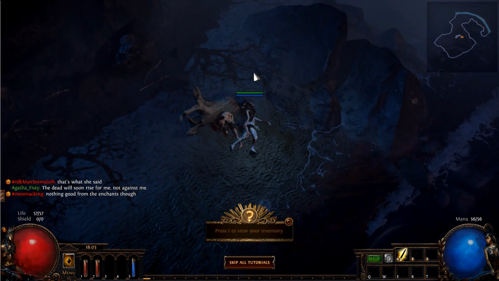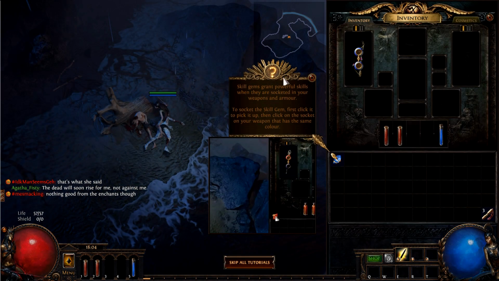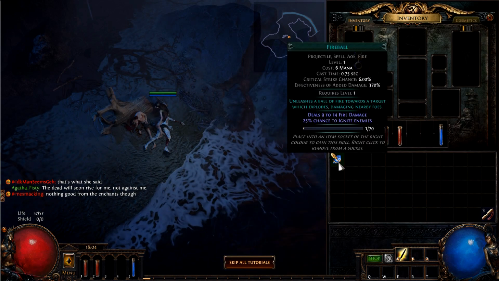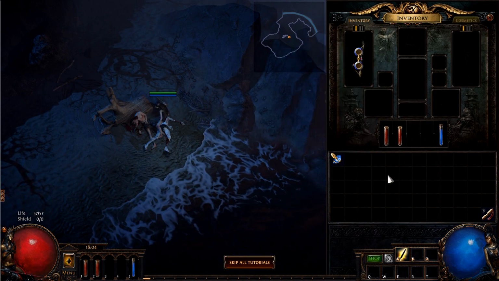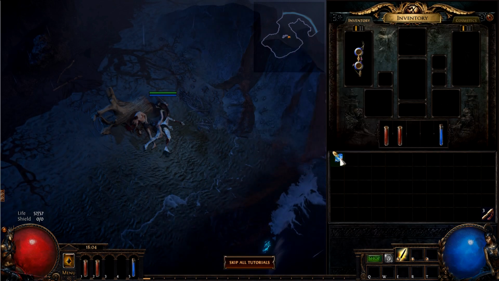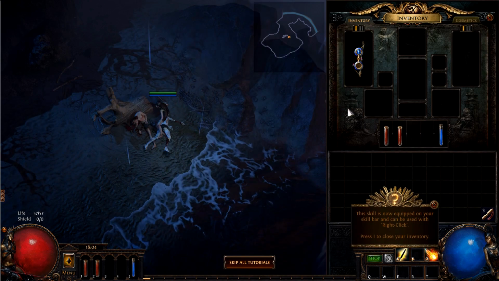Now you'll pick it up, and you should see in your inventory that it matches one of these slots in your weapon. Now these little tutorials pop up as well. If it's your first time playing, I really recommend watching and reading those. They can teach you a lot. In order to equip the skill gem, you simply left click on it,